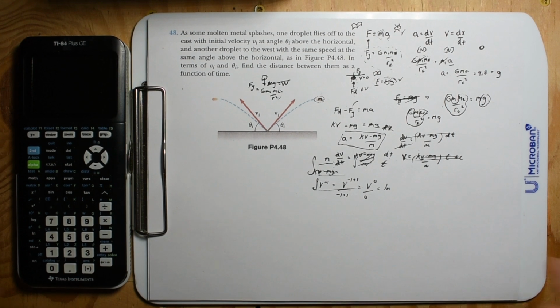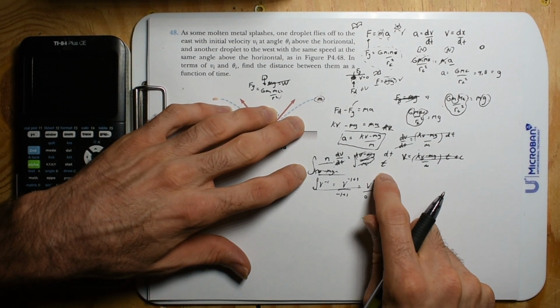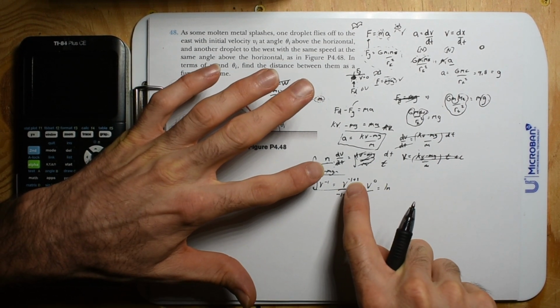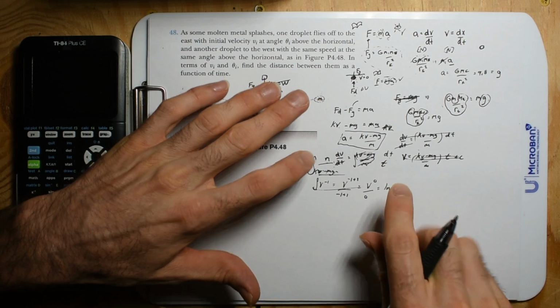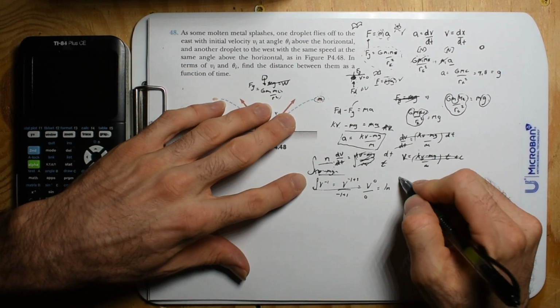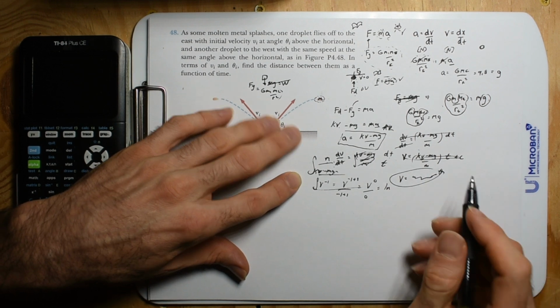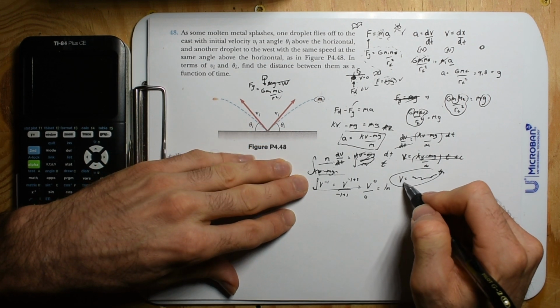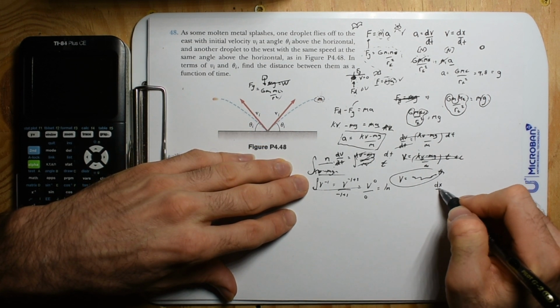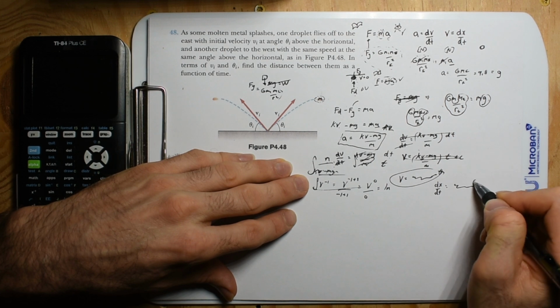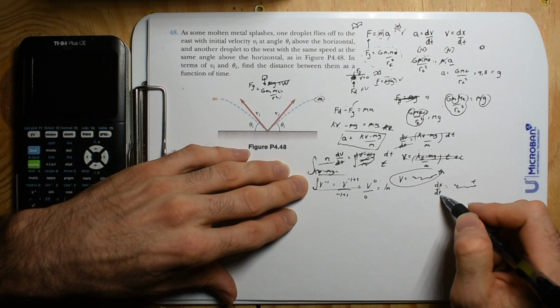All right. After all that, you're going to get an equation that has velocity and time, and then you have to rearrange the variables to get velocity over here and time over there. You know what I mean? And then if you wanted to integrate again, you would have to go dx/dt is equal to all that jazz with time in it, and then